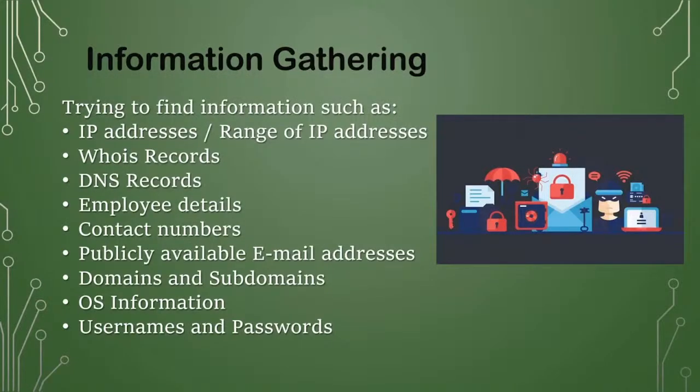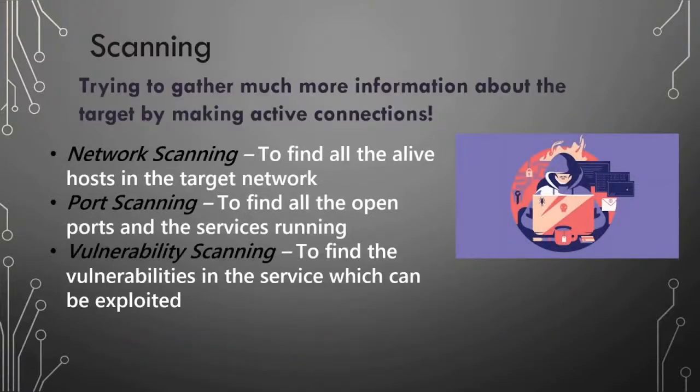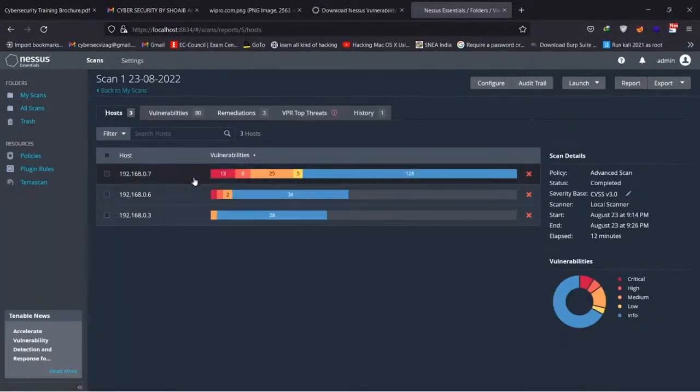Oh yeah, in information gathering again, Biswajit, as I've mentioned, we try to gather information from other third-party websites. So there are websites like DNS Dumpster, Hunter.io. So from other third-party sites, we gather information about the target. After that, we perform scanning. So we directly get access to target servers or whatever target it is, whether it is Wipro.com or so on, and in the target organization, we perform the scanning to figure out in their network what devices have what vulnerabilities. So in my local network, I have scanned 3 devices,